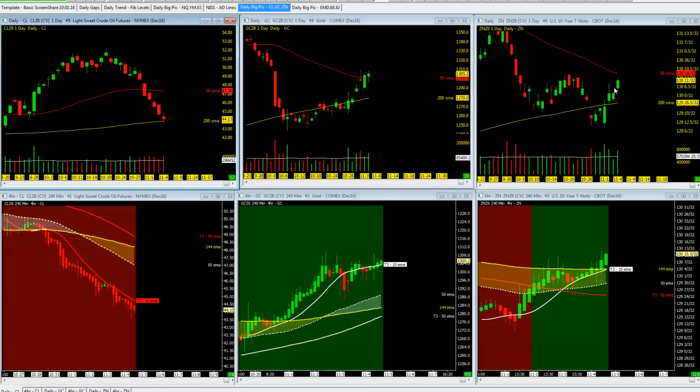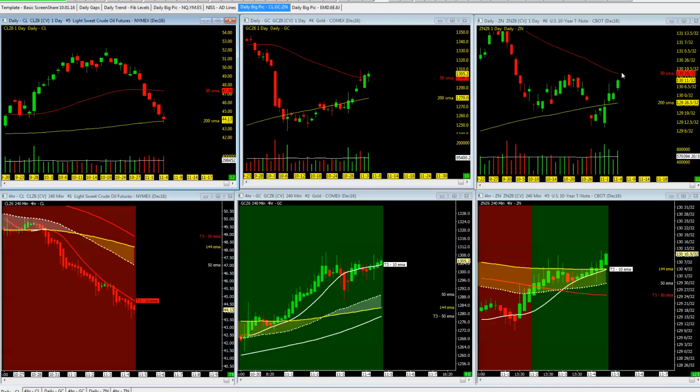Taking a look here at the bonds. Bonds, again, getting a little bit of a kickback up this week as the VIX is, in relation as well, doing some amazing moves in the last couple weeks. But there it is. Bonds to the upside, 50, still below the 144. So we got still a downtrend pullback, but with some serious strength here as price action on the bonds lifting.